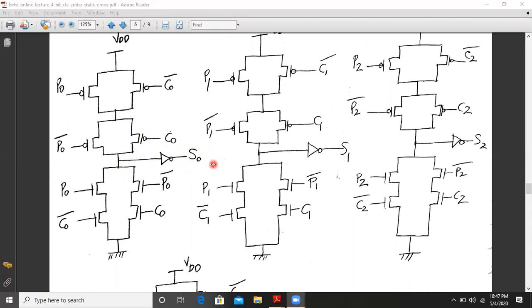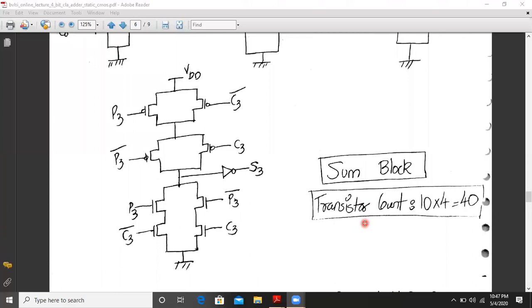Similar to this design, we have to implement S1. For S1, the inputs will be P1 and C1, and P1 bar and C1 bar. For S2, we have inputs P2, P2 bar, C2 and C2 bar. Similarly for S3, we have inputs P3. Let us check S3.